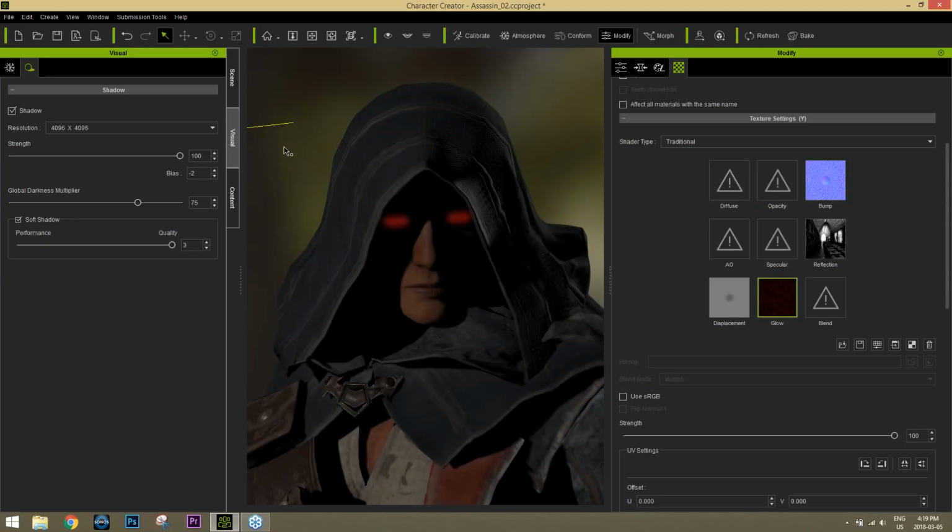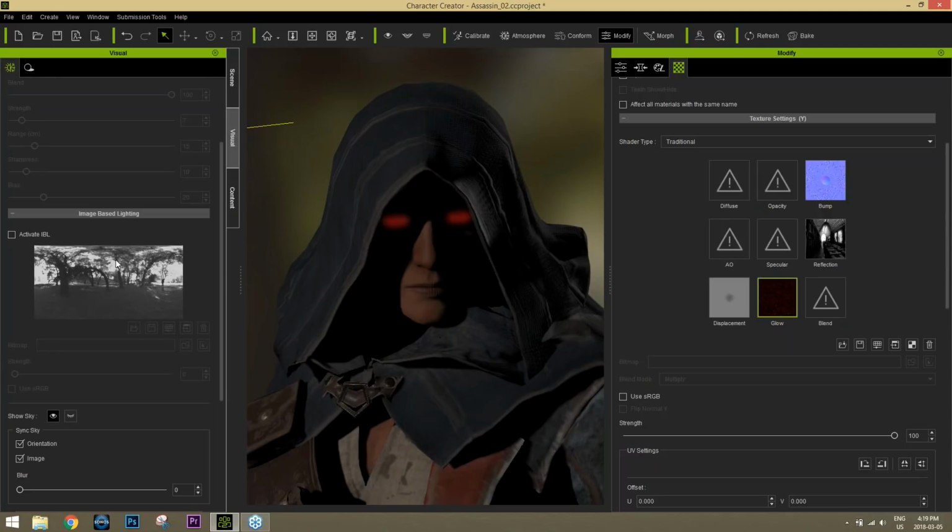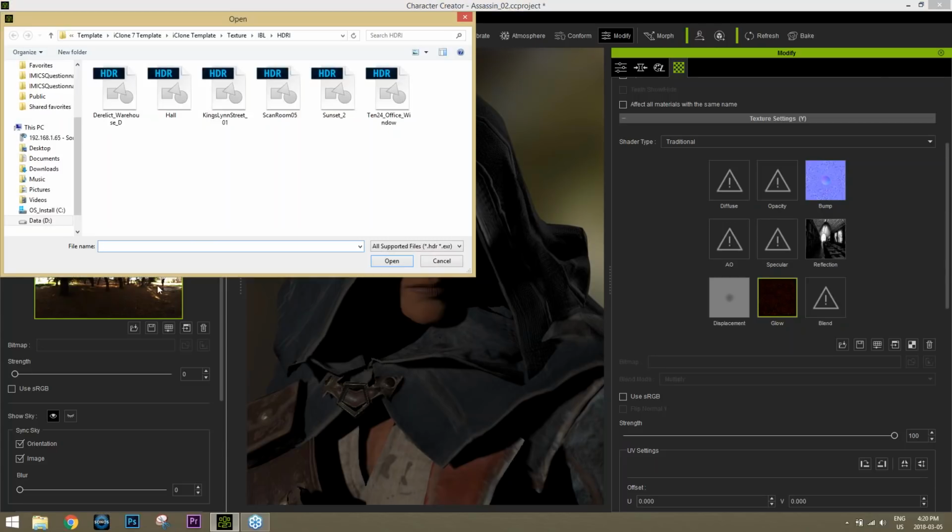There's a couple things you can change with the IBL maps as well. If we go to our visual tab here, back to this atmosphere tab, if you activate IBL, of course you can change the values of the IBL as well. You can adjust the color. If you double click on it, you can load in your own custom map. This is the